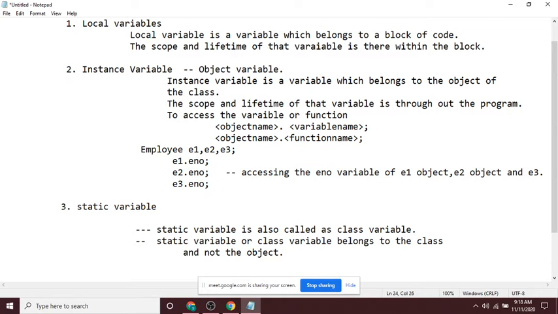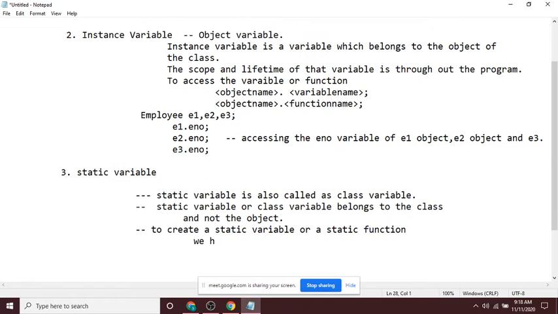So to create a static variable or a static function, which keyword do we have to use?